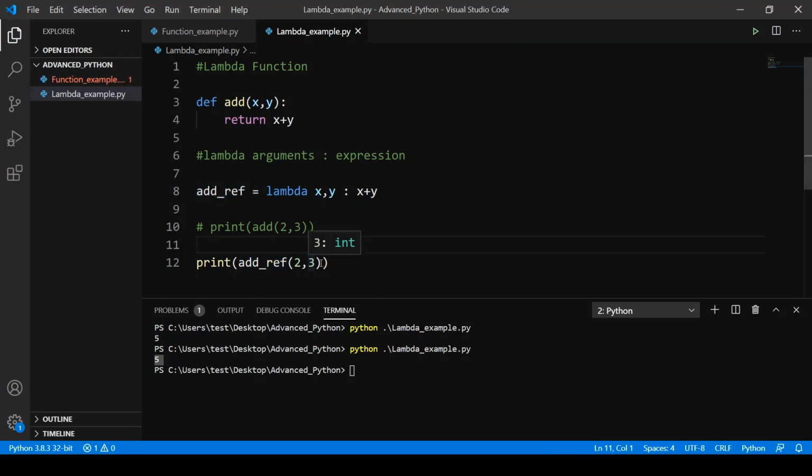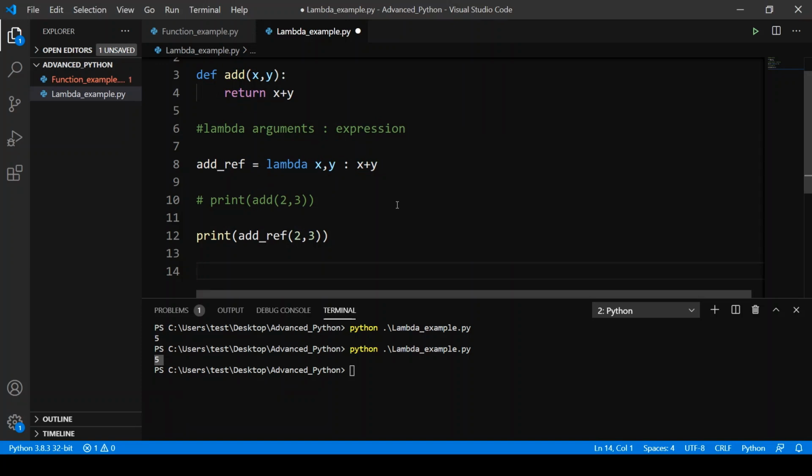So now that we saw an example about lambda expression wherein we converted a normal method to a single line expression, let's see when to use lambda expressions. So in general, lambda expressions are used in higher order functions. And these higher order functions are functions which will take another function as an argument. So I have explained this concept in my previous video as well. So please do check it out.